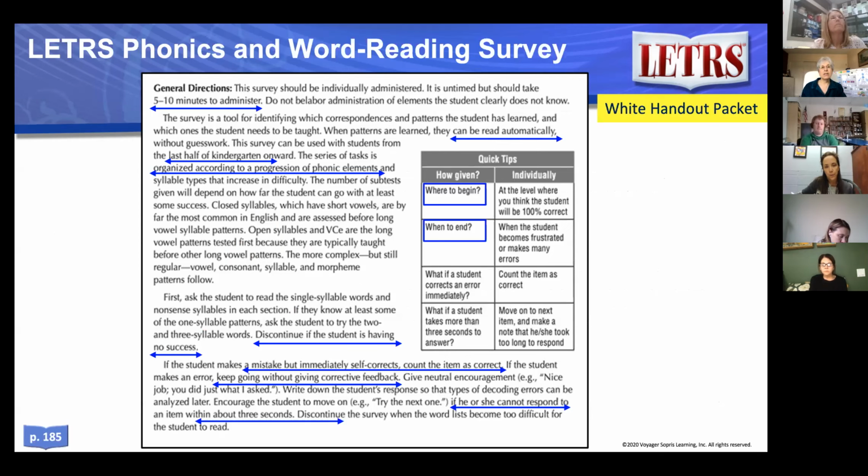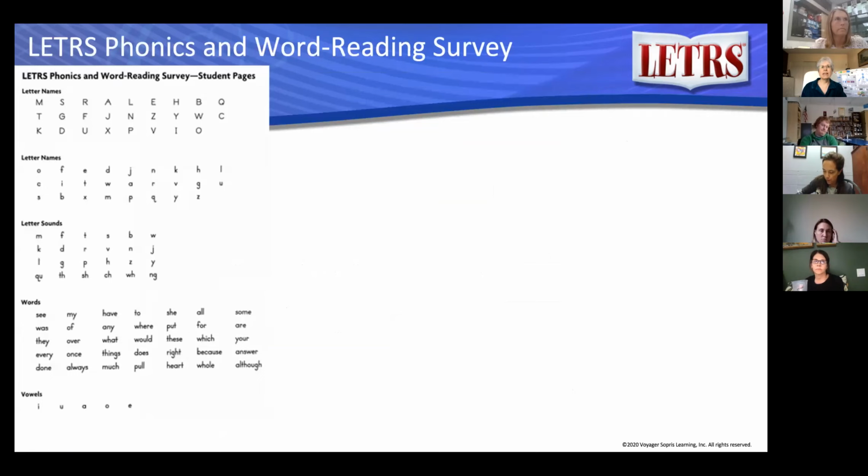And the likelihood is I use this phonics word reading roughly by second half of kindergarten and all the way up as needed through secondary. Because the structure of this tool is that we want them to be able to respond to those items within 3 seconds. If it takes longer, then that's a marker of risk,